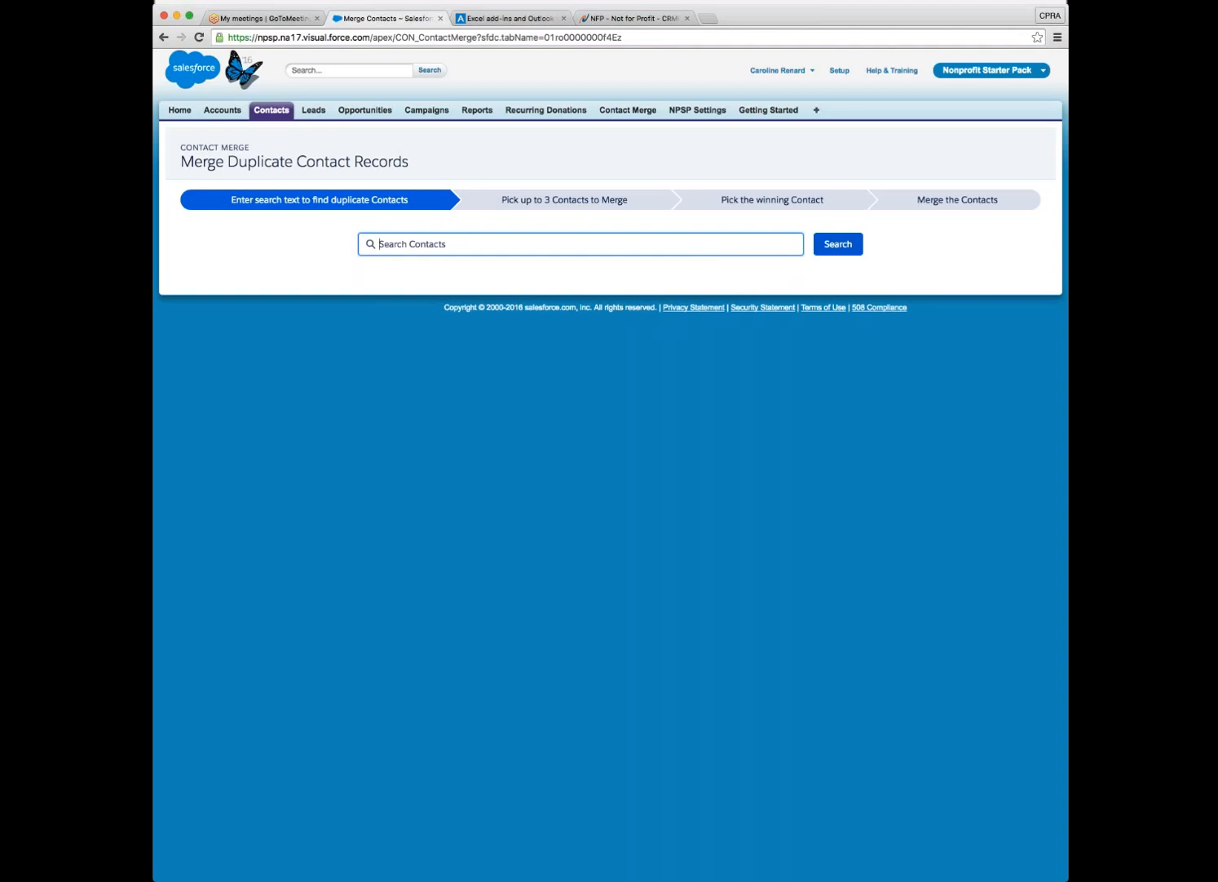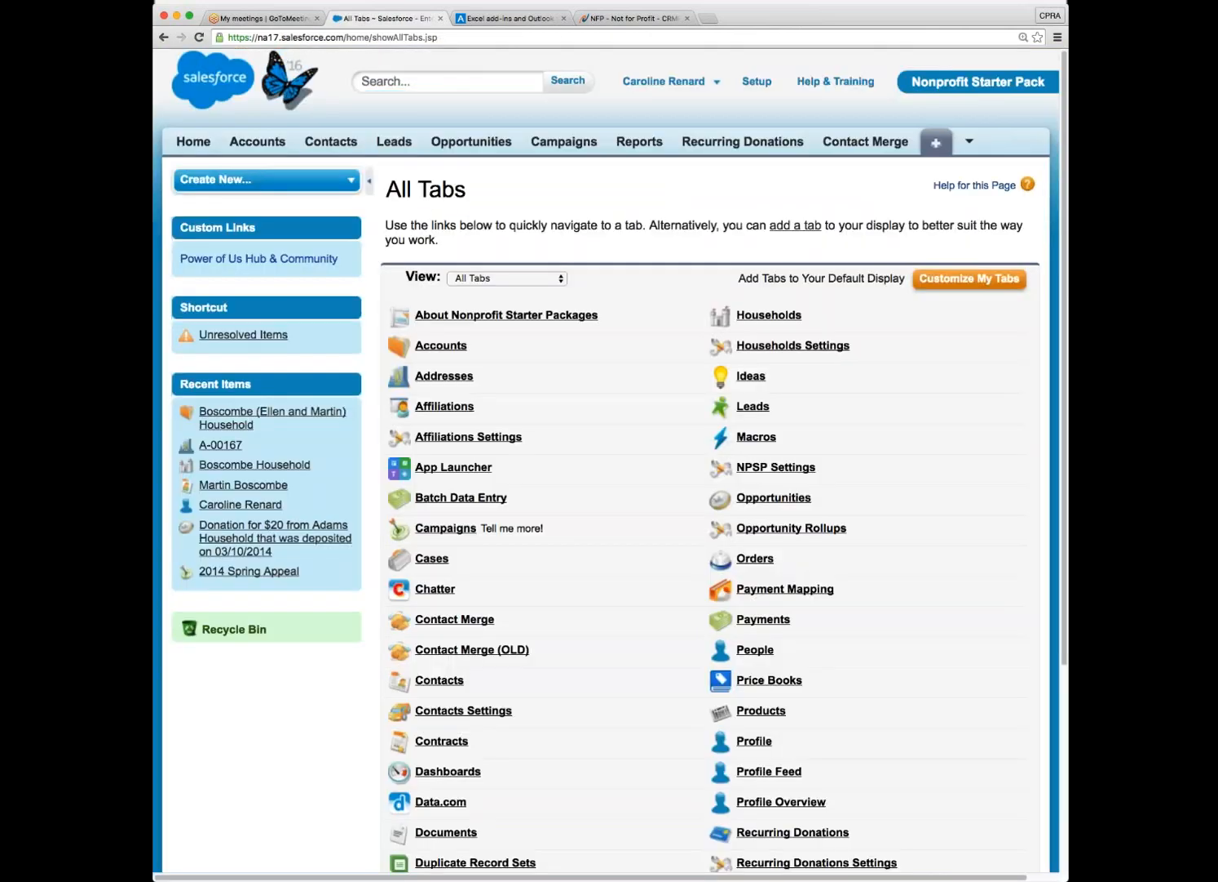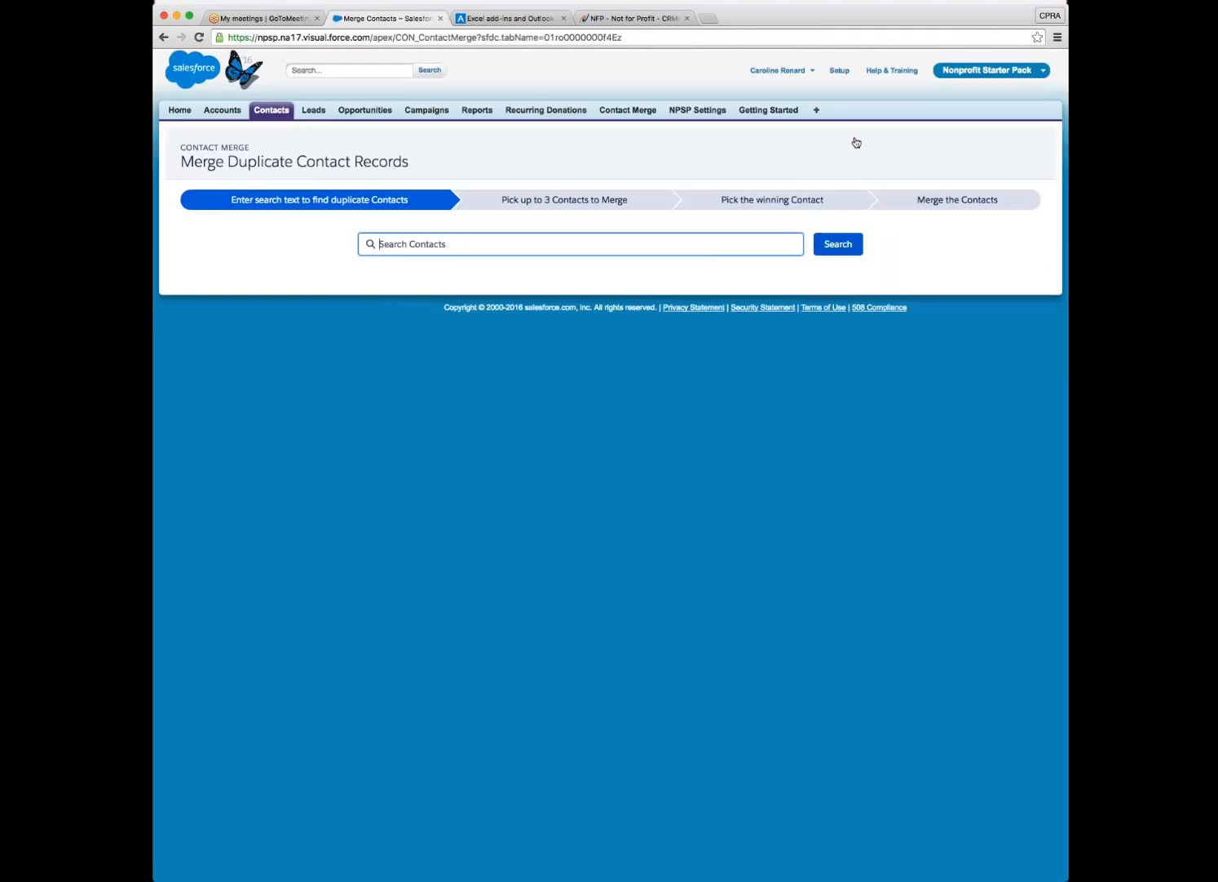Oh, sure. Yeah, so let's say you're Deb and you've just identified some potential dupes, and now you determine you do need to merge them, they are true dupes. So you would go into contact merge, which is a tab, and it's either at the top of your screen, or you have to push the little plus button if it's not. And you go in,